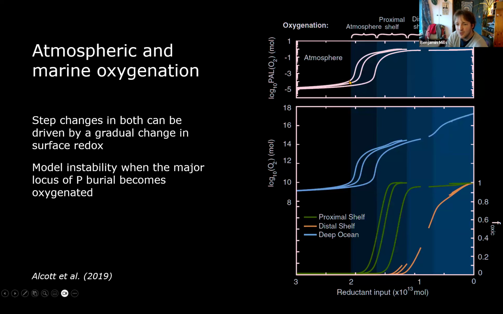So this is broadly similar to some other views about how the GOE is driven. This isn't a dynamic model, this is steady states. So we don't really capture the sort of instability in actually doing it. There's no actual methane in this model, for example. There's no sunlight fluxes or anything like this.